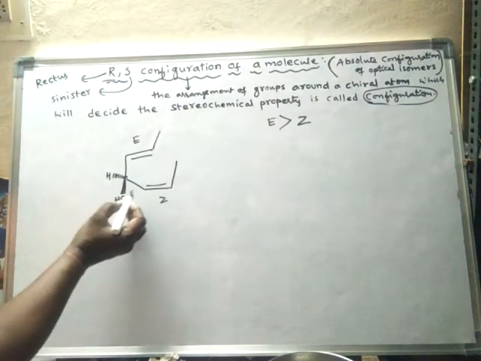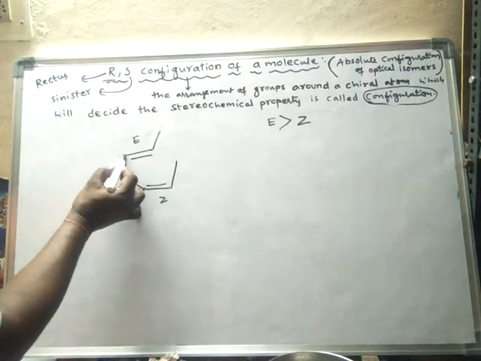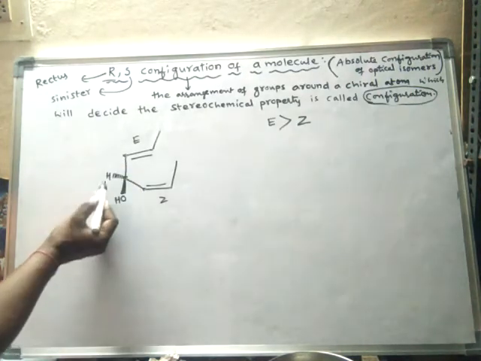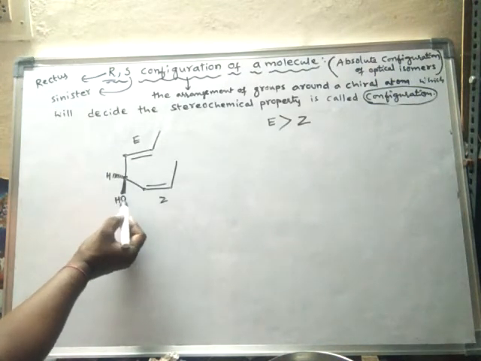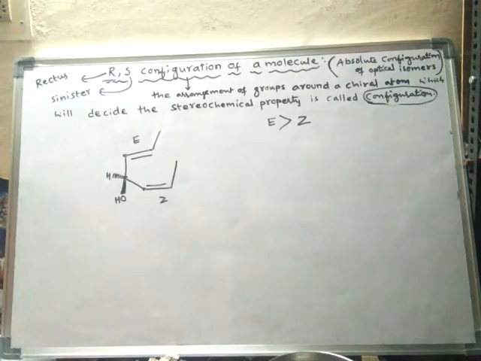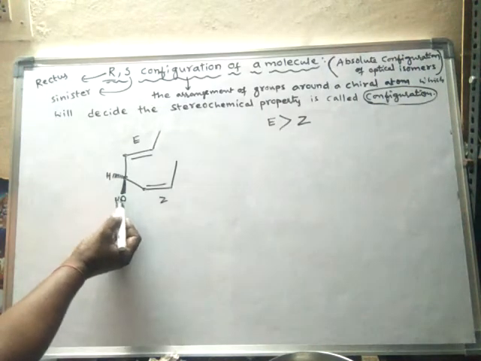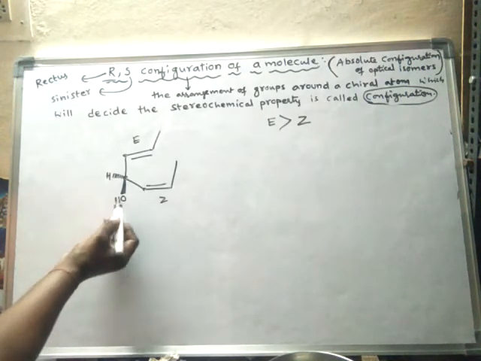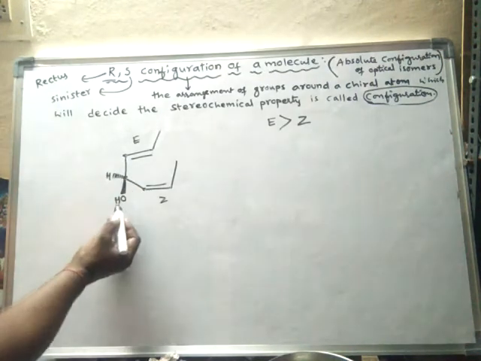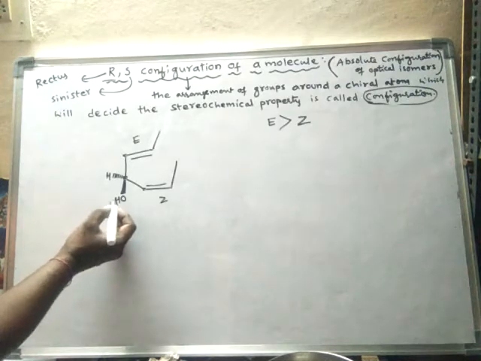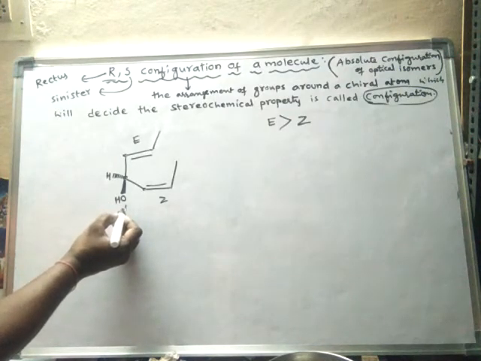Okay. So now, this is the chiral carbon, and this is carbon, and even this is also carbon, but this is oxygen, and this is hydrogen. So among the atoms directly attached to the chiral carbon, the atom having the higher atomic number should be given priority 1. Here this oxygen has the higher atomic number, which is 8. This is carbon, and even this is also carbon, so their atomic numbers are 6 only, whereas oxygen's atomic number is 8. Hence priority 1 is given here.